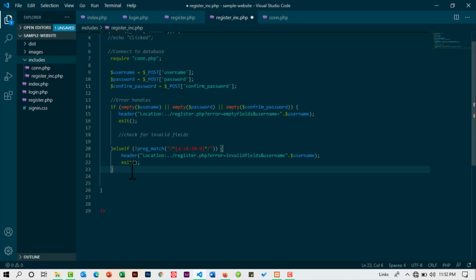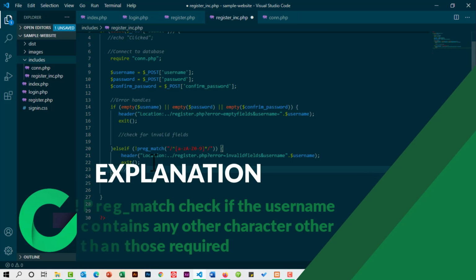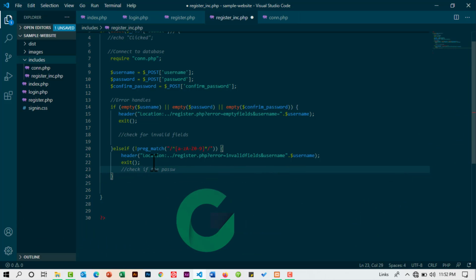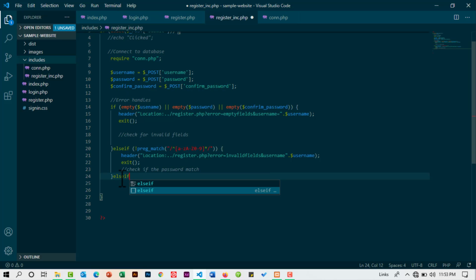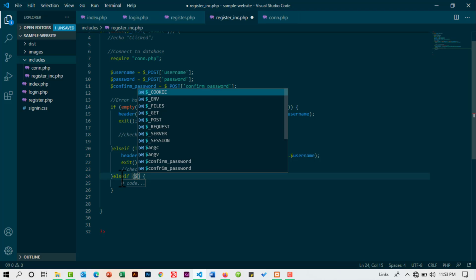So I'm going to have a comment here. I'm just putting comments so that you guys can understand every step. So now here what we want to do is check if the passwords match. And again, we're going to use the if statement. We're going to use the if statement a lot here. So we're going to say else if, and the condition will be variable password